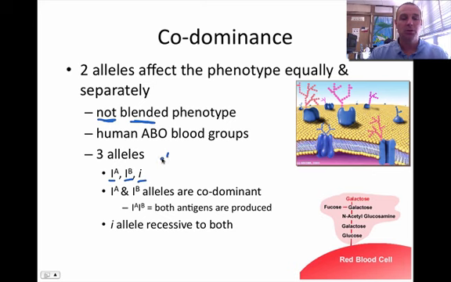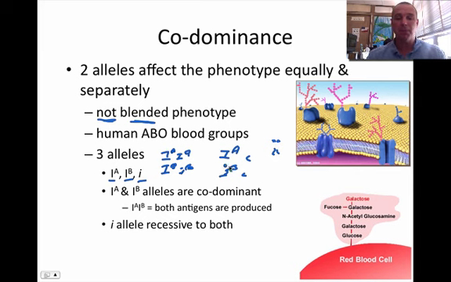Now, A blood, you can get it in two ways. Get a capital I^A from both parents, you get A blood. Or capital I^A, little i, a dominant and a recessive, and you get A blood. B blood is the same way: capital I^B, capital I^B, or capital I^B, little i. And then O blood is little i, little i, where you get both recessive alleles. And then AB blood is whenever you get capital I^A, capital I^B. Now, to explain this,